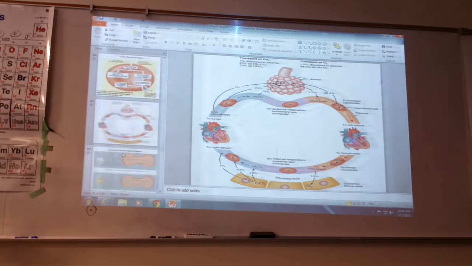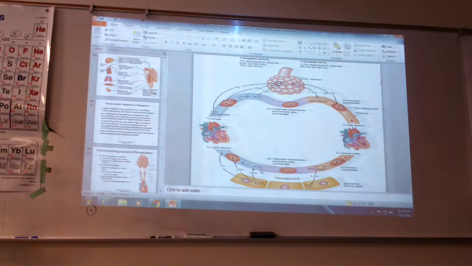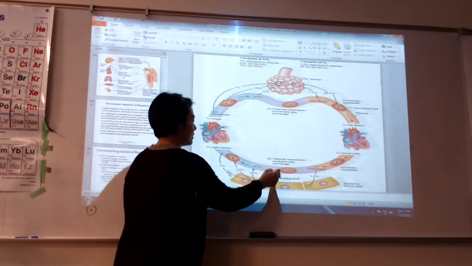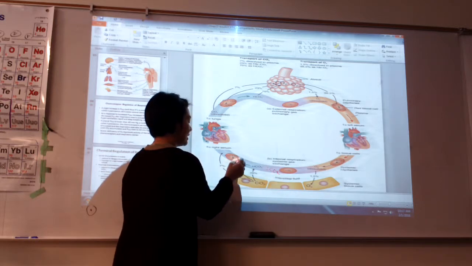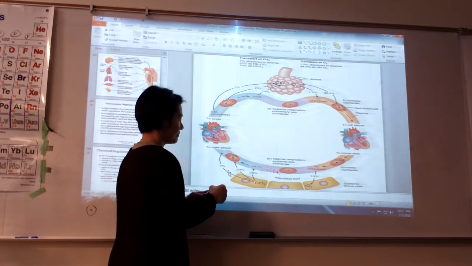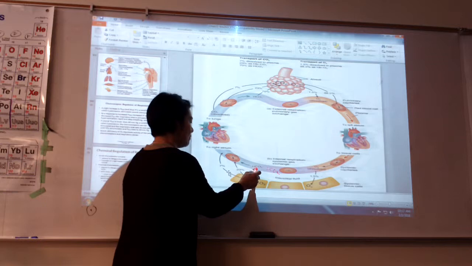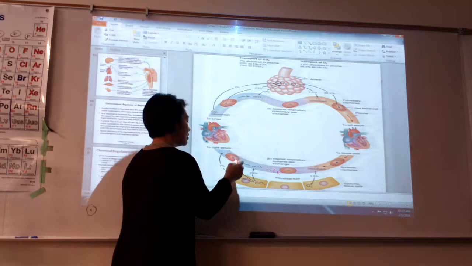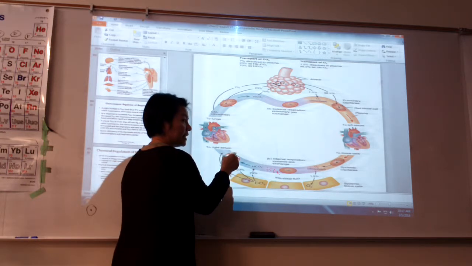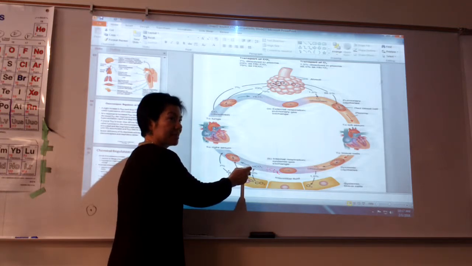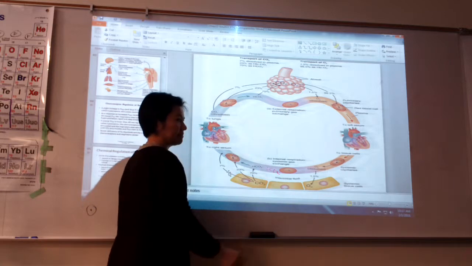What's the third way? The CO2 plus the H2O? Oh, that's just how they combine. You said there were three ways. In the plasma as bicarbonate, as plain carbon dioxide, and as plain carbon dioxide in the red blood cell. Okay. So the three ways: bicarb, plain carbon dioxide in the plasma, or bound to your hemoglobin in the RBC. But what's the predominant way for carbon dioxide in the plasma? How about for oxygen in the RBC?